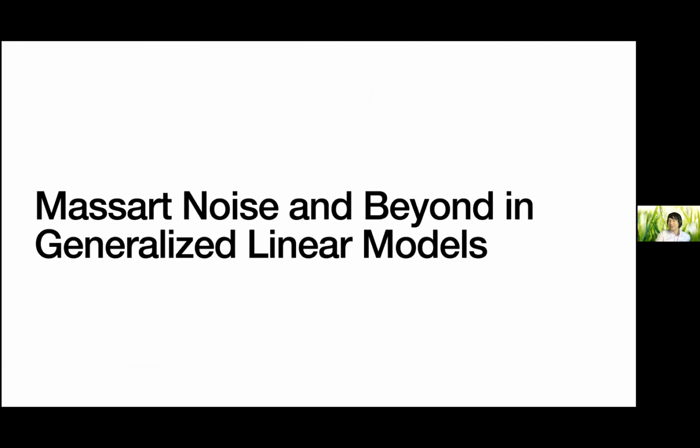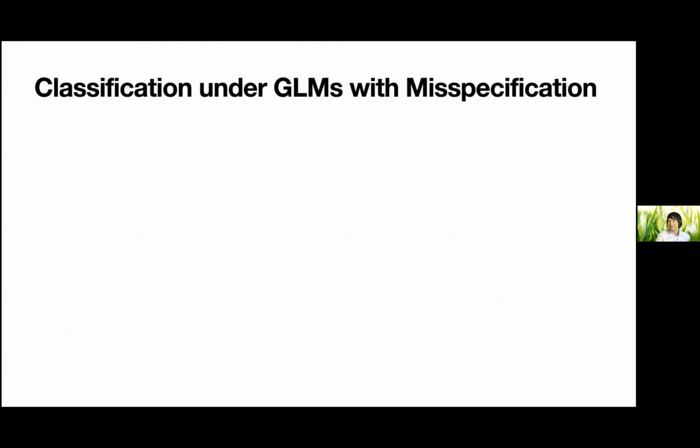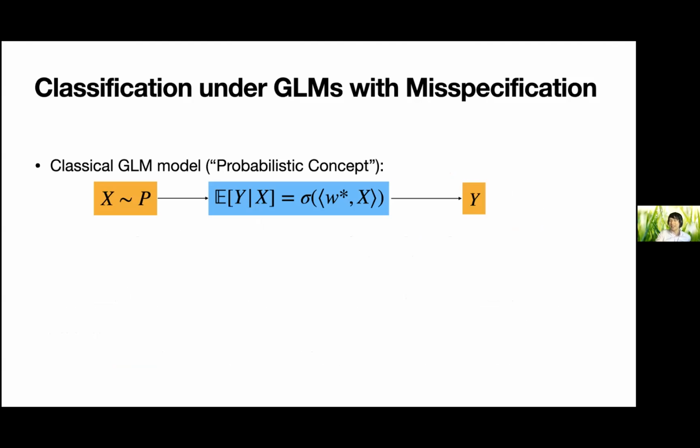One last thing I wanted to say theory-wise, which I won't get too much into the technical details of, is that you can think about models that go beyond this whole Massart half space thing. Another classification model we like a lot is the generalized linear model, where the expectation of y given x is some nonlinearity applied to w star dot x. Essentially, it captures half spaces by taking sigma to be a threshold function, but it's more general.